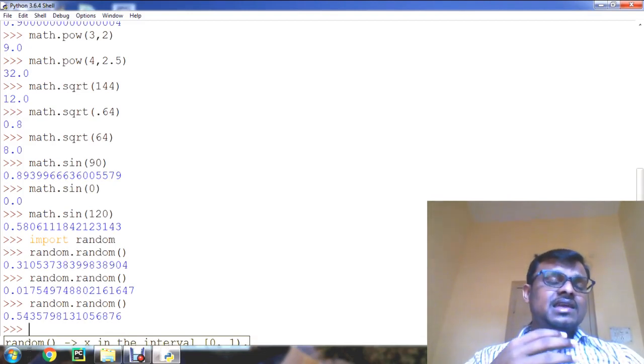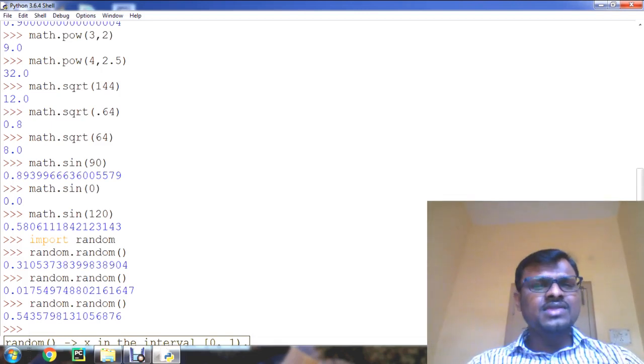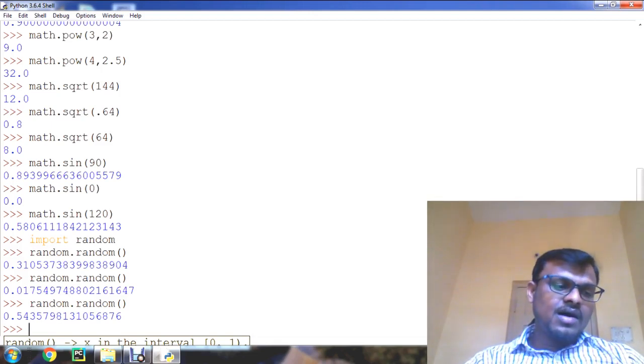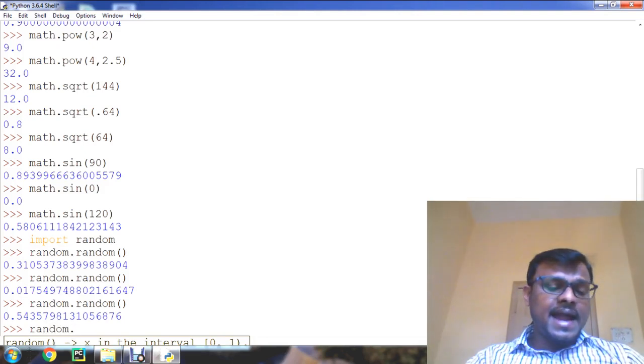Like this, if your program wants to take a random number instead of an input by the user, at that time we can make use of the random function by using the random module. Okay, so let us check another function of the random module, that is random.randint.